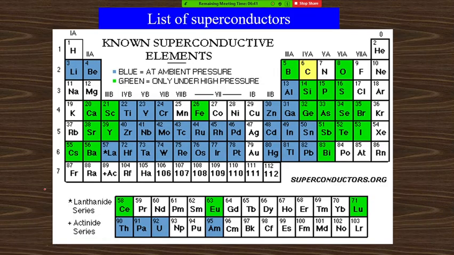And this is the list of superconductors. You can see the blue color are the superconductors at ambient pressure. By normal ambient pressure, the superconductivity was observed in the materials in the blue color. In the case of the green color, it is observed only under high pressure, and the carbon is the yellow color due to the